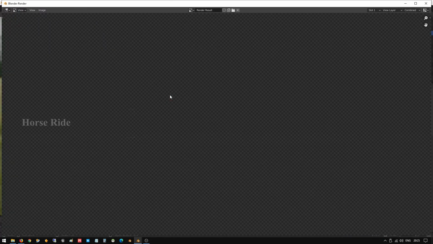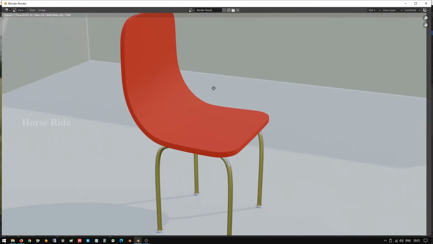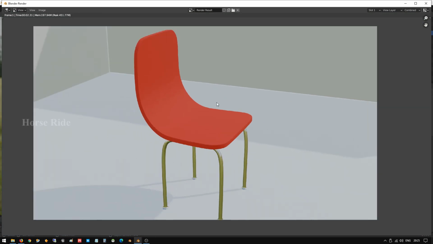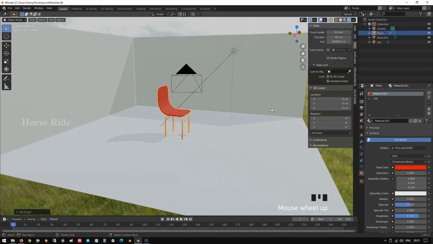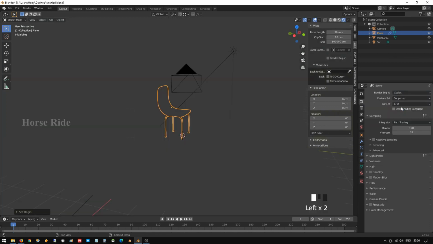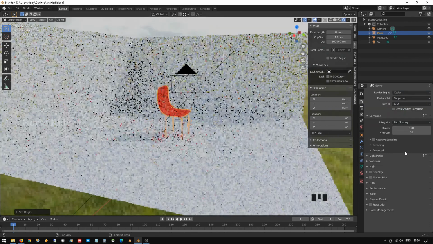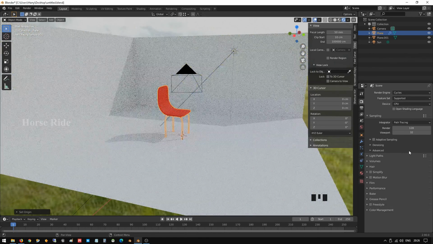Yeah, it's ready, and we can do one more image also using this. Let me do one thing. Go to this settings TV icon here, and for the render, make it a circle. Okay, press F12.